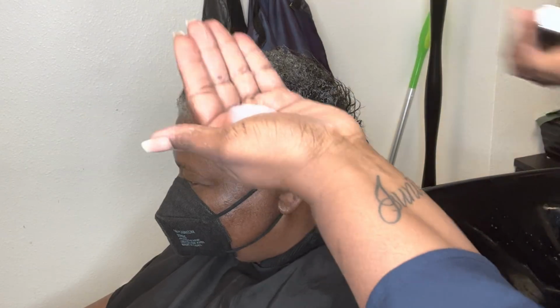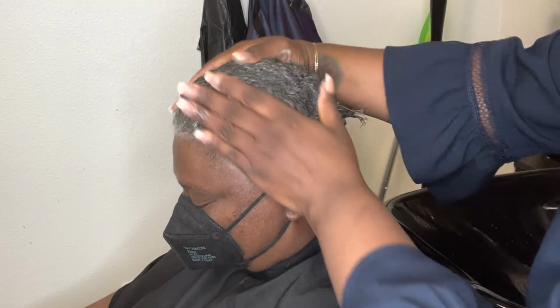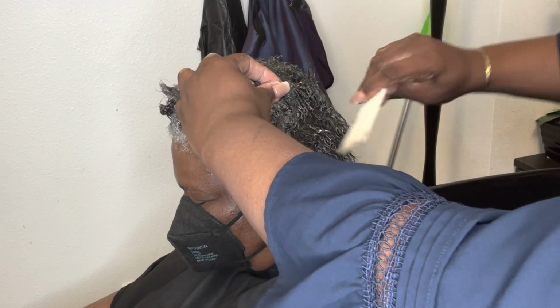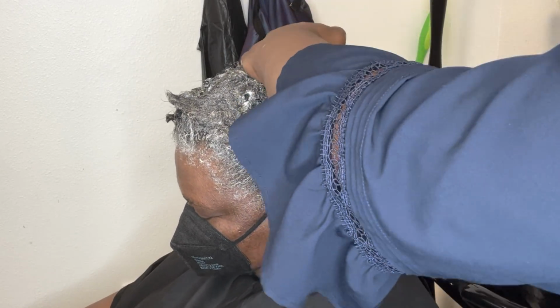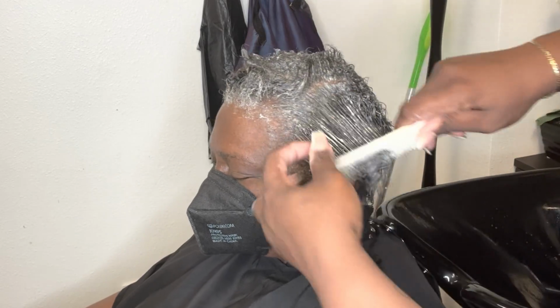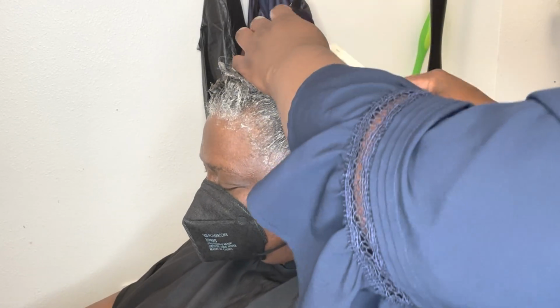And then I applied the Shine Booster Conditioning Treatment directly to the hair, and I used my hands to apply it as well. Now, the reason why I use my hands is because I want people to understand that while this is a shine treatment, it is a safe conditioner as well, and it can be used on natural or relaxed hair. Once I put it on the hair, then I go through and comb it through the hair